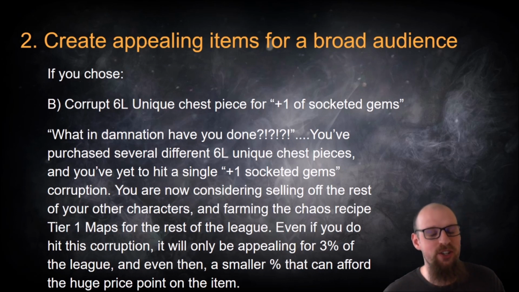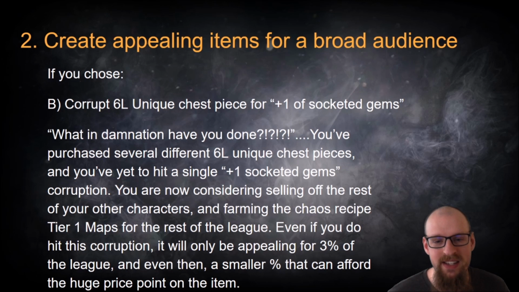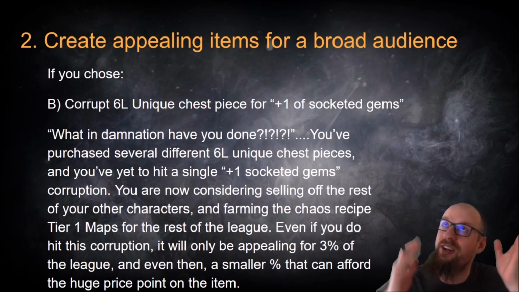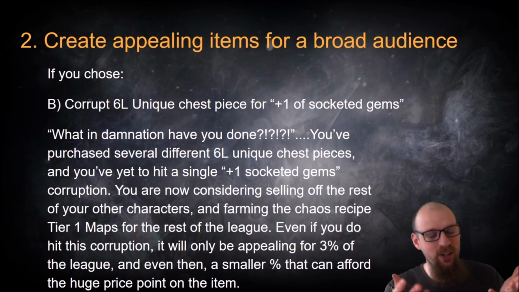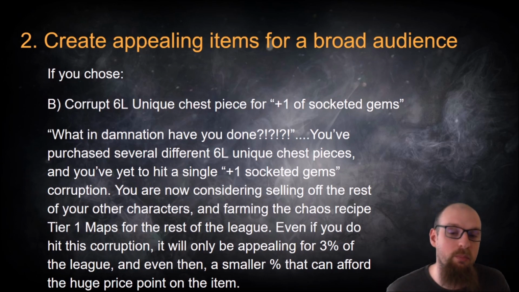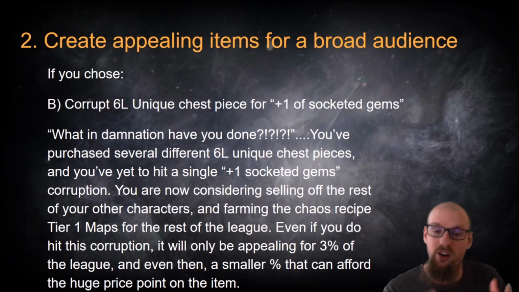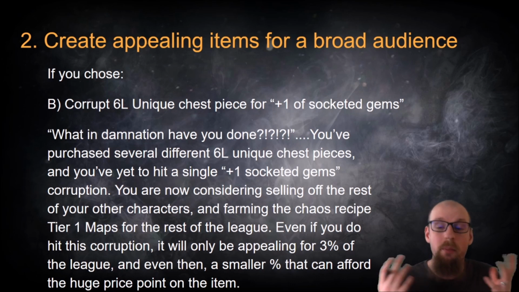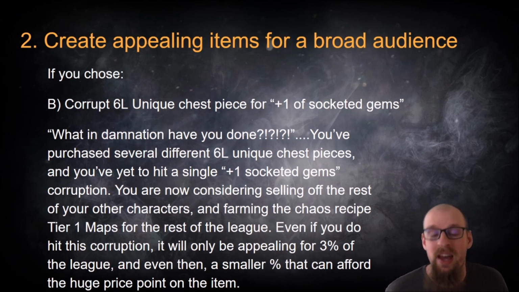A special message out there for all of you who are dropping me comments down below saying, "Yeah, but Iron, I actually hit the corruption and now look at how wealthy I am." Congratulations, you are incredibly wealthy if you find a particular person. All you need is one buyer. There aren't a massive pool of buyers in this particular scenario with only 3% of the league using this unique chess piece. But really, you only need one buyer to come and purchase that particular unique chess piece off of you in order for you to be swimming in exalts for the rest of the league.